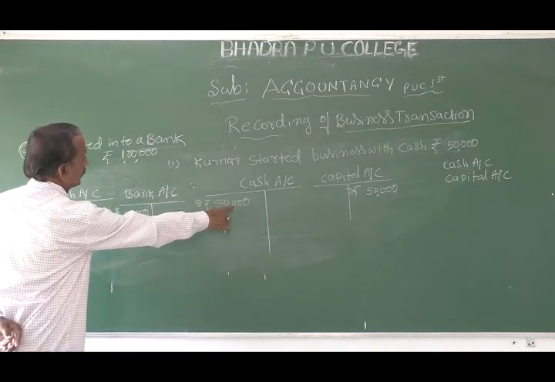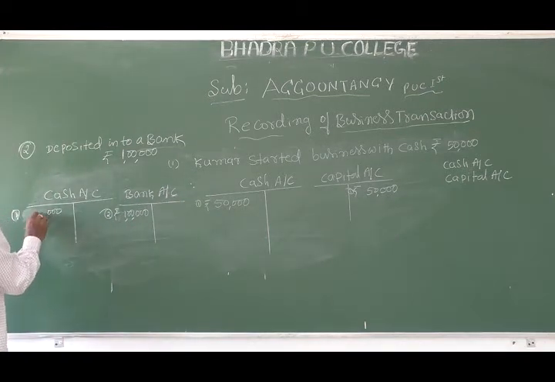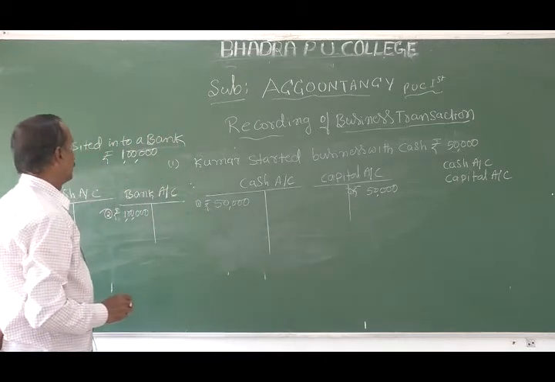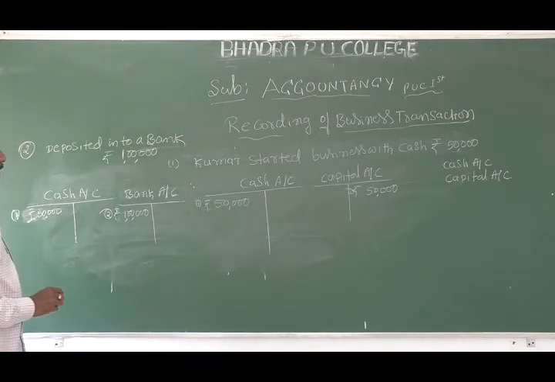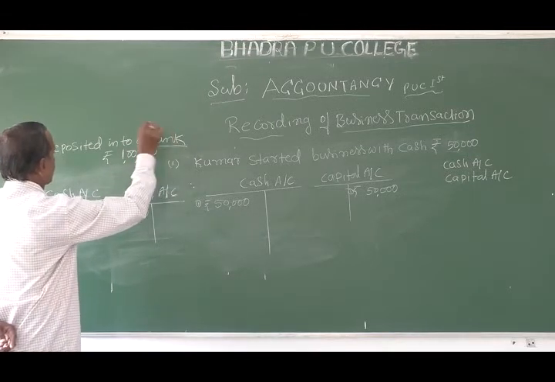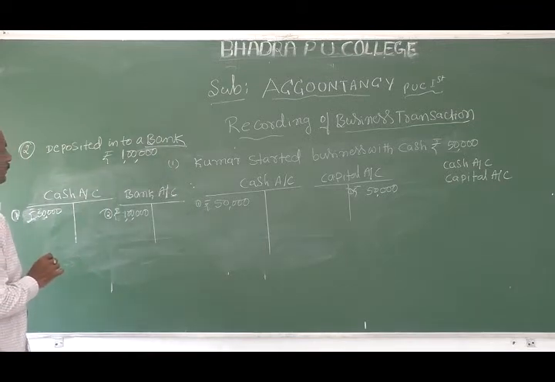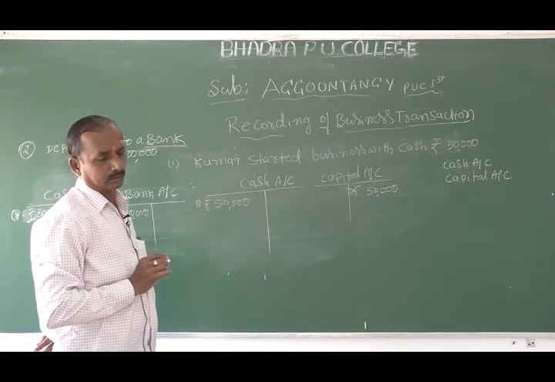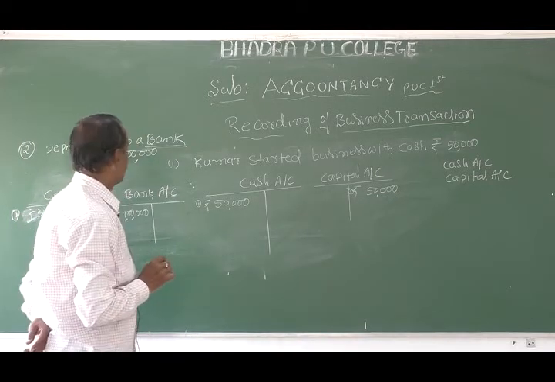One first account is the continuation, 50,000 rupees, 50,000. Next, the cash account. According to the rules of the English system, for the real account, debit what comes in and credit what goes out. The personal account is bank, which is a personal account. Cash is the real account. Bank is the receiver of the amount, so the bank account will be debited and the cash account will be credited.